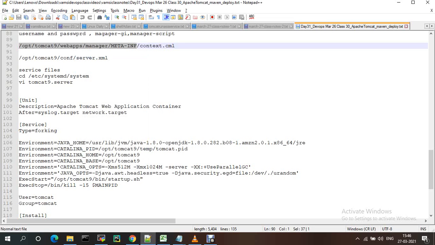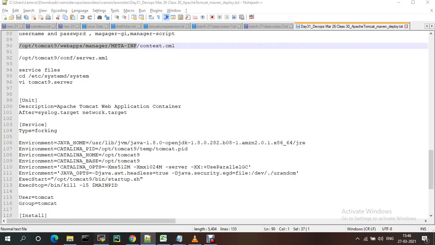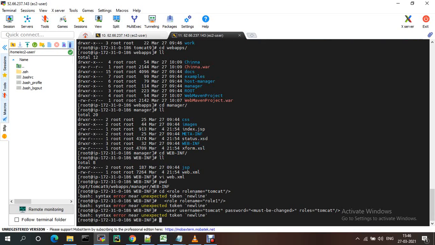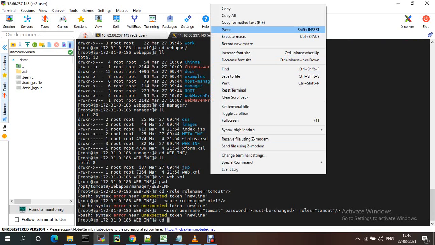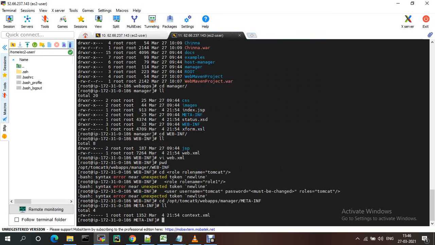Tomcat 9, webapps, manager, META-INF, context.xml. See, context.xml is there, right?